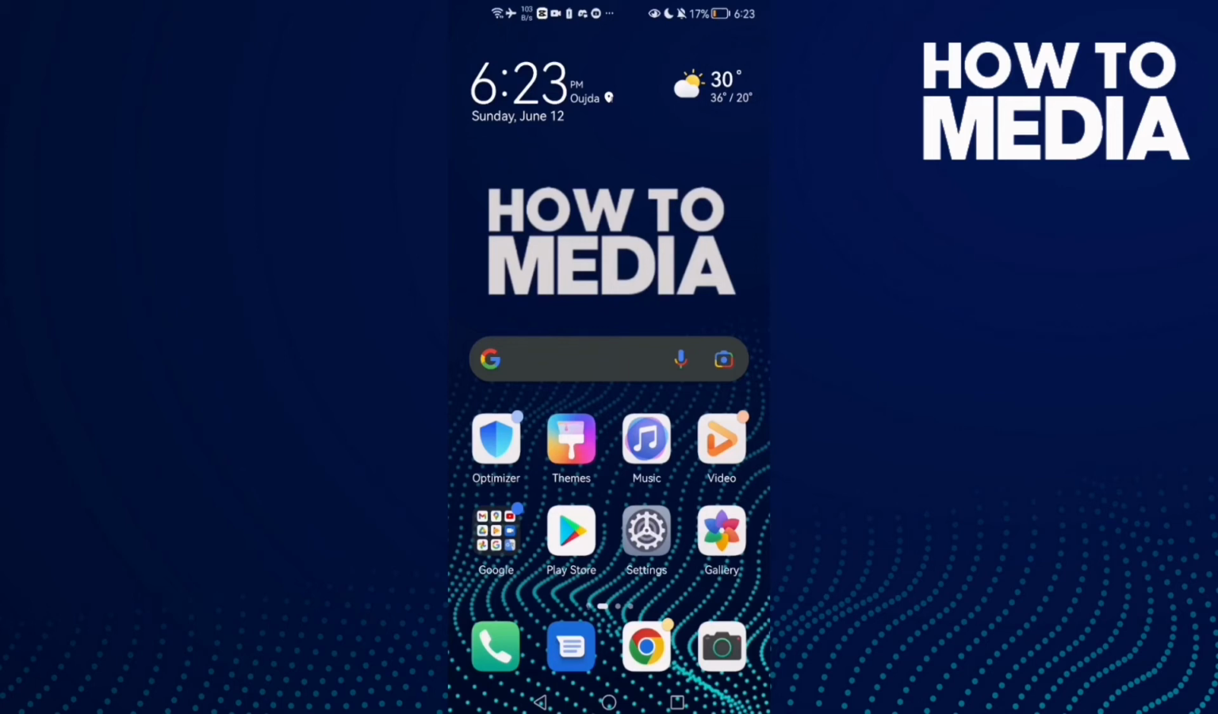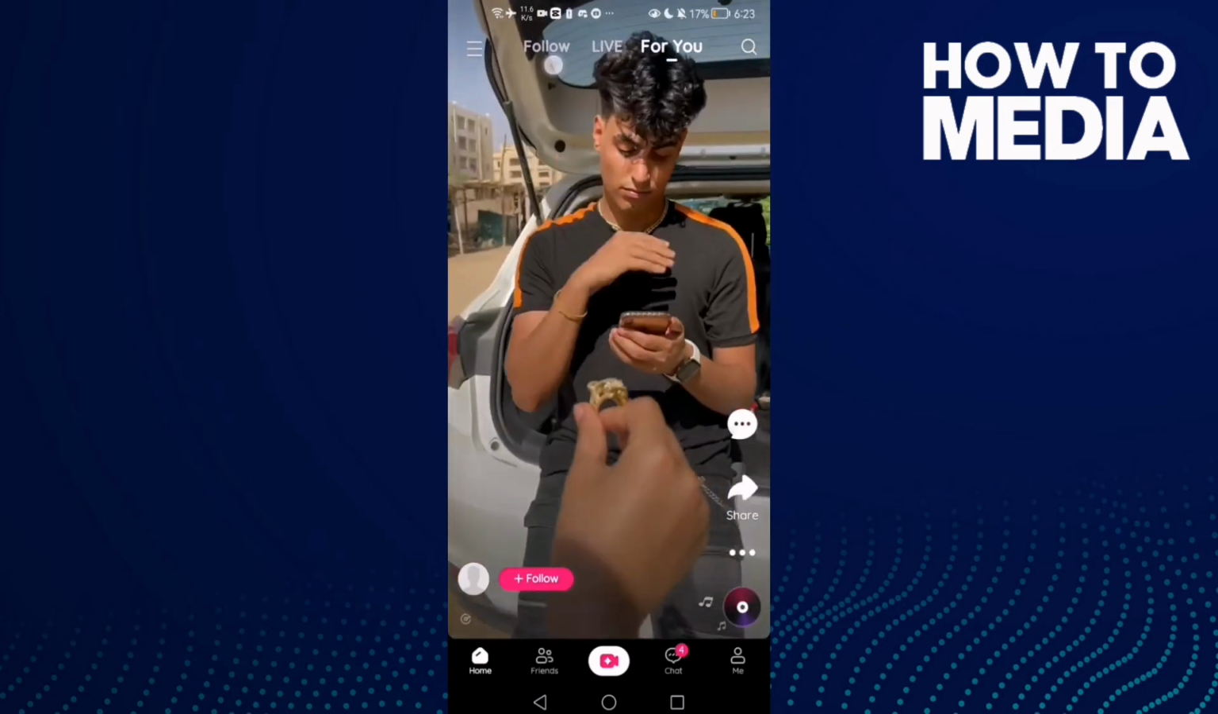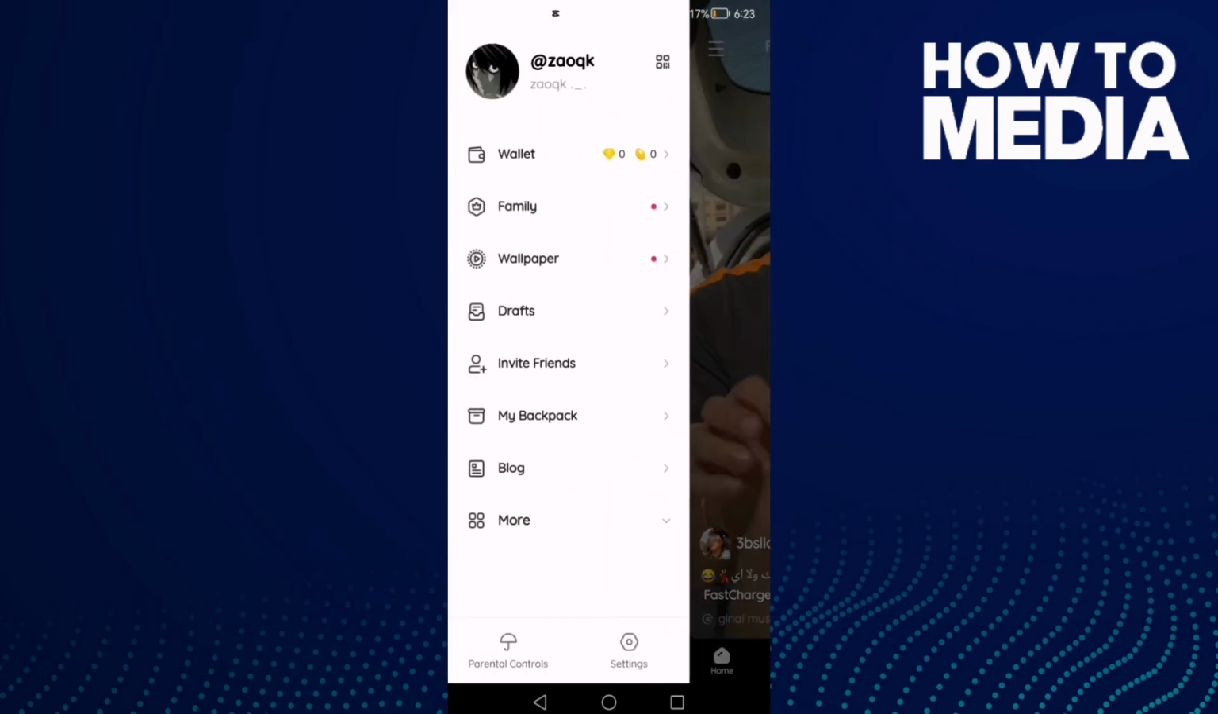How to turn on comment likes notifications on Likee app. Hello guys, in today's video I'm gonna show you how to turn on comment likes notifications on Likee app. First thing, go to Likee app and now just click these three lines in the top corner